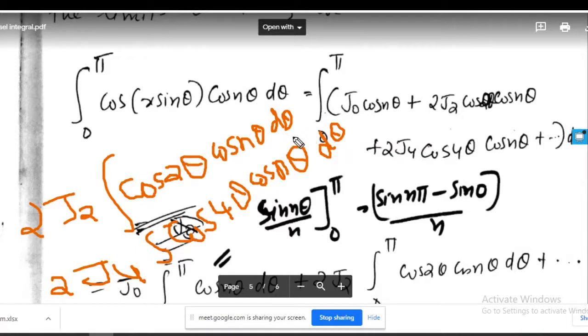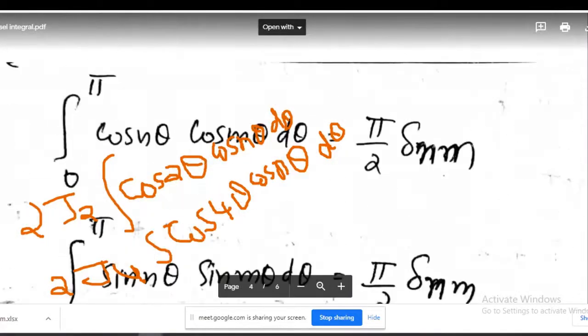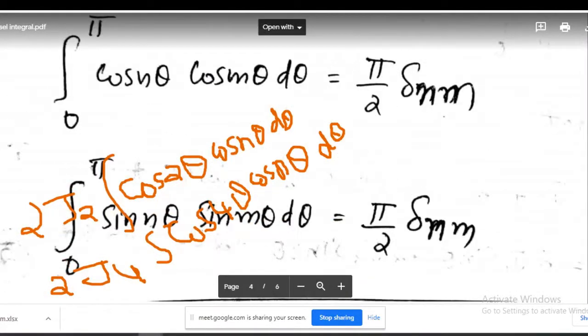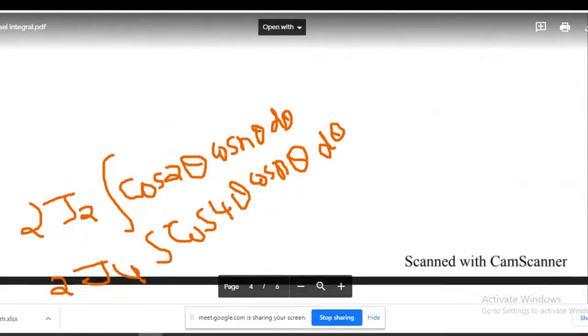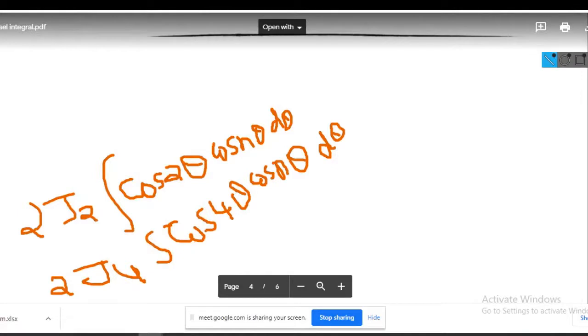I am not asking about the final result. What will be the expression? See here, the integral from 0 to pi of cosine theta d theta, that is pi by 2 delta nm. Okay, it is pi by 2 delta nm. So what will be this value? Say this will be equal to,